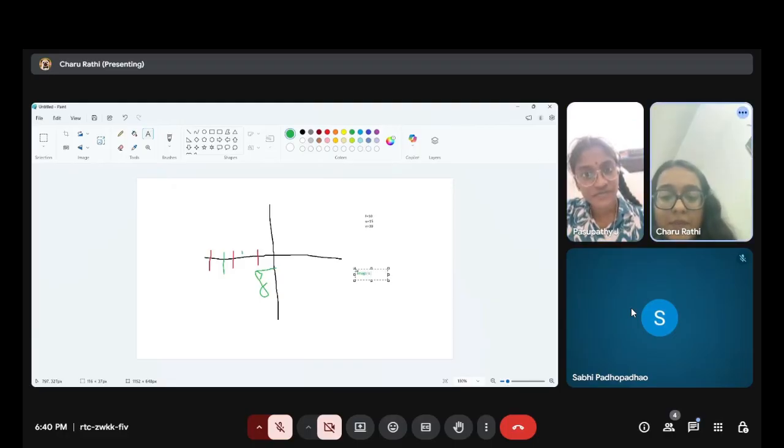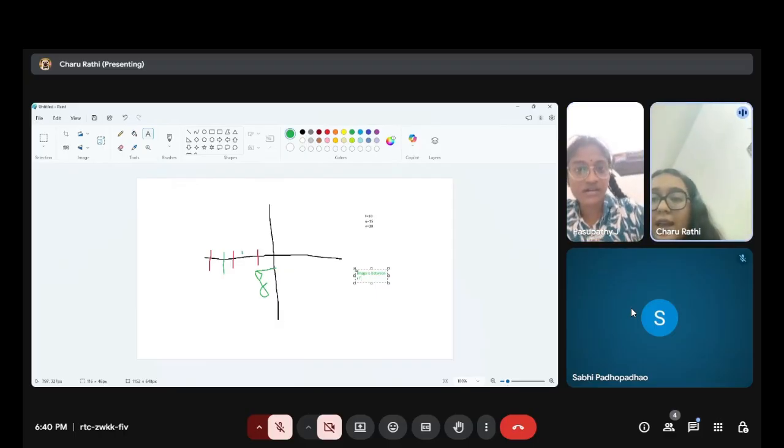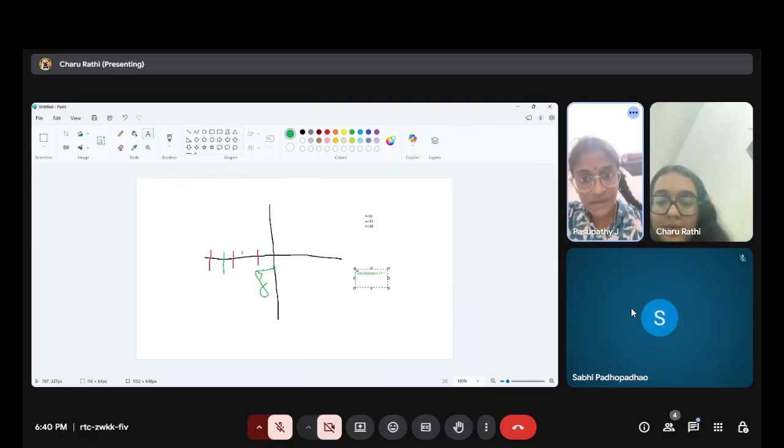So it means that my object is between r and f. So where should my image be according to the ray diagram? Image will be behind the radius of curvature. If the object is between r and f, the center of curvature and the focus, then where should my image be?